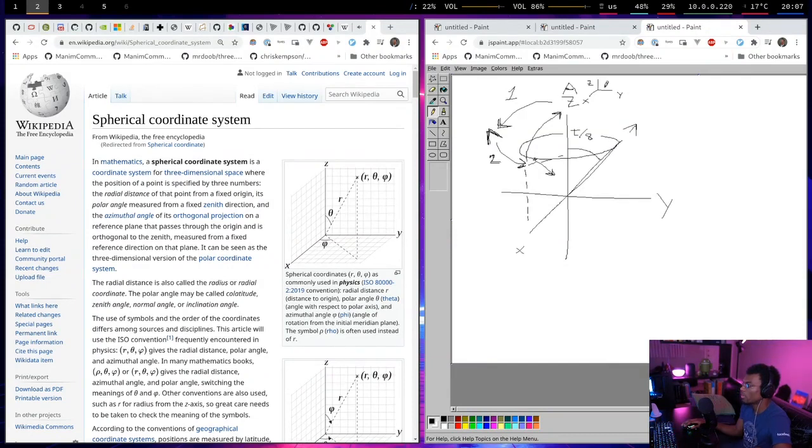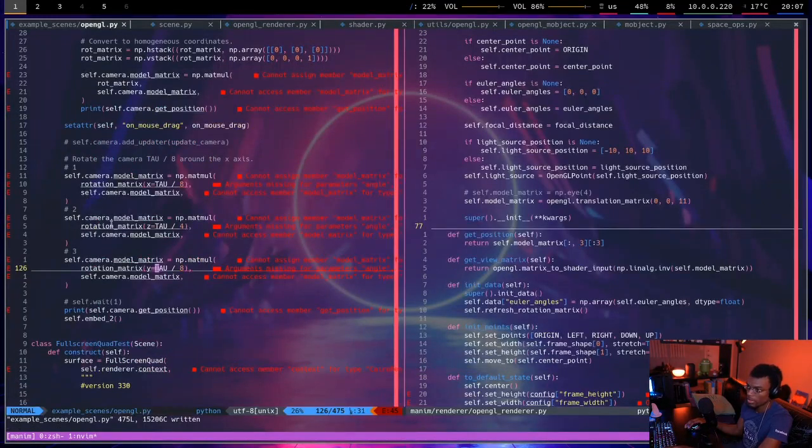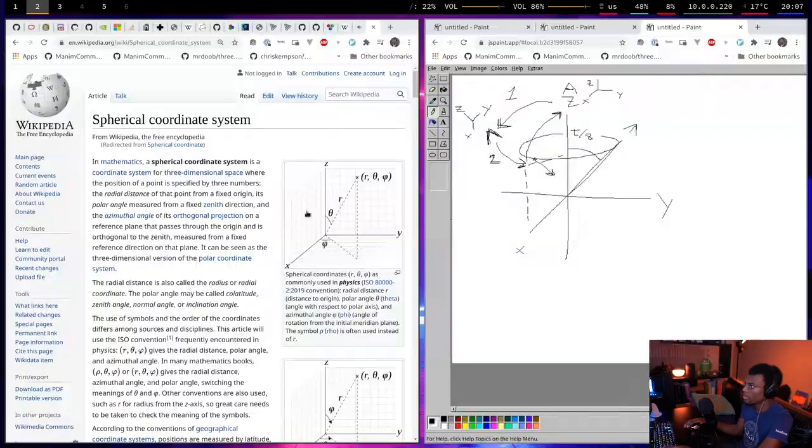Well, the coordinate system itself is rotated, I think. Meaning that now, from the camera's perspective, the z-axis points this way. The y-axis points this way, and this is the x-axis, which is still right-handed. Now, when I do step 2, and I rotate around the z-axis,